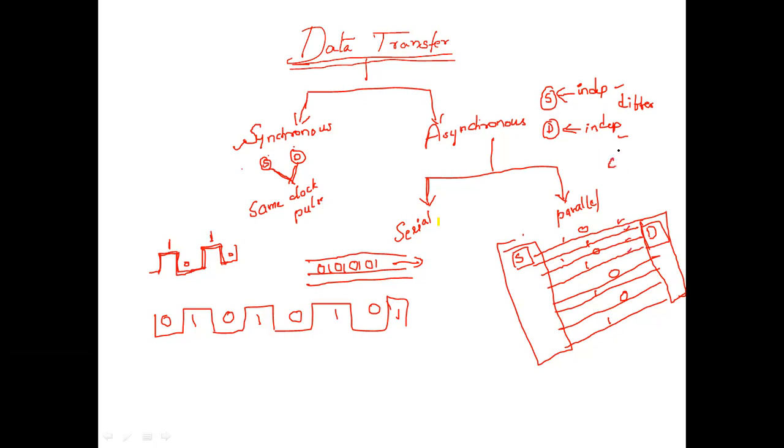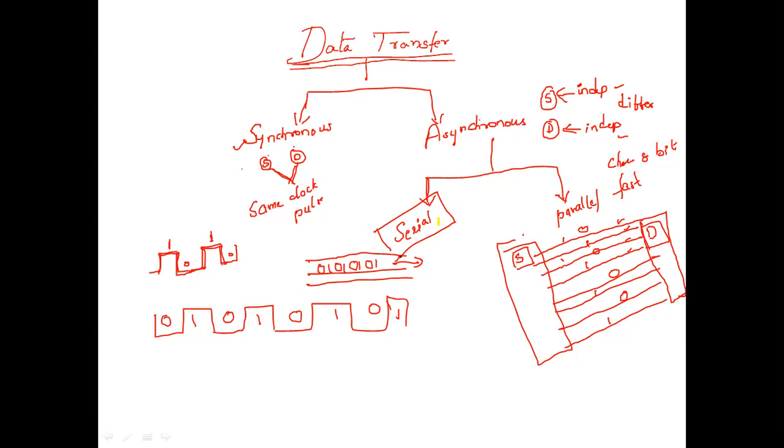If you take a character, it consists of 8 bits. So if you want to send a character from source to destination, each wire carries 1 bit of data. At a glance, the source sends and the destination receives. So the data transfer rate is fast in asynchronous parallel transfer. Here in your syllabus, we have the asynchronous serial transfer.